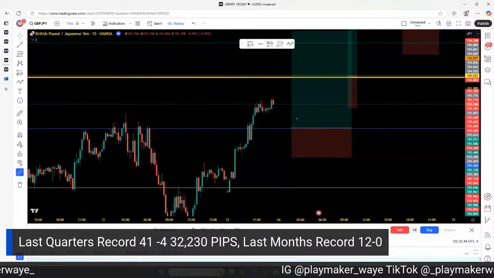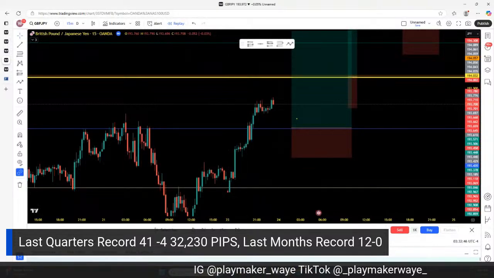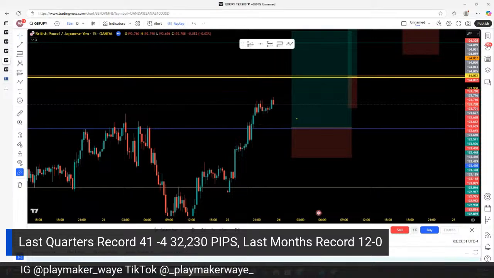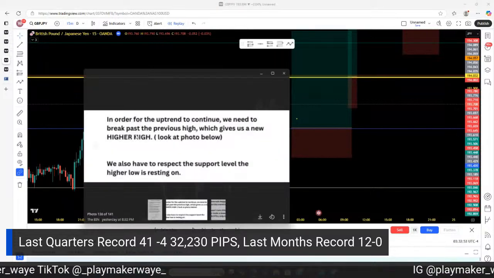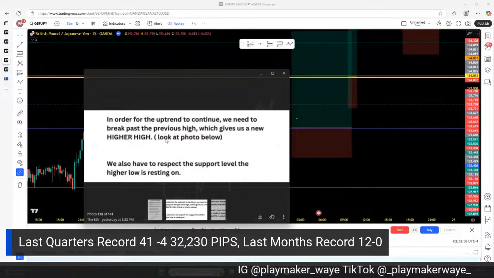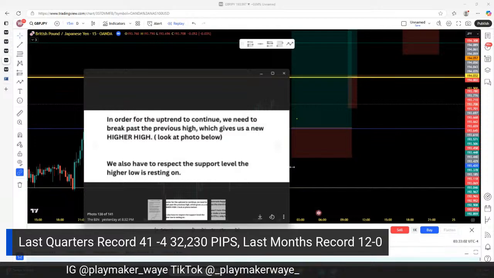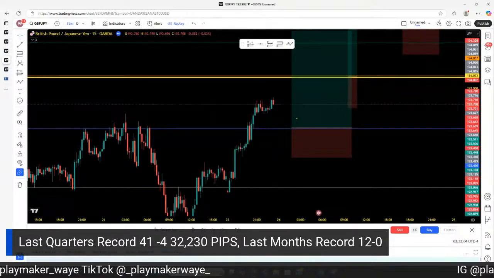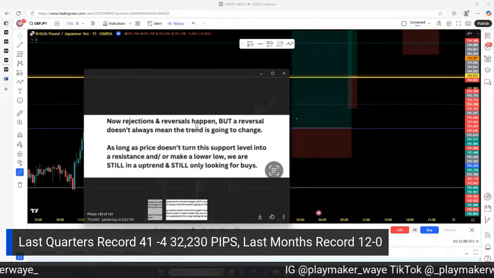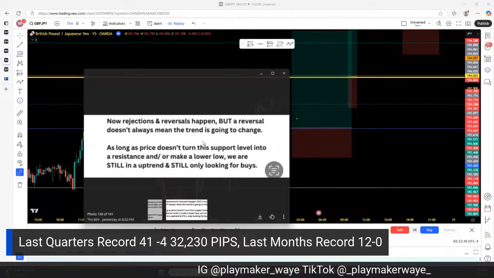So pulling that picture back up. Give me one second. This will disappear. Let me pull it back up. Right? In order for the uptrend to continue, we need to break past the previous high, which gives us a new higher high. We also have to respect the support level the higher low is resting on, right? And then the other screenshot is again, rejections and reversals happen, but a reversal doesn't always mean the trend is